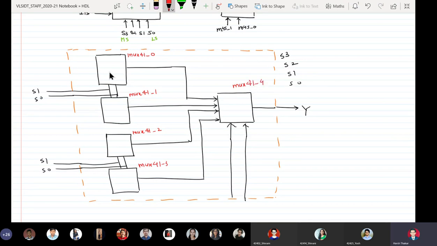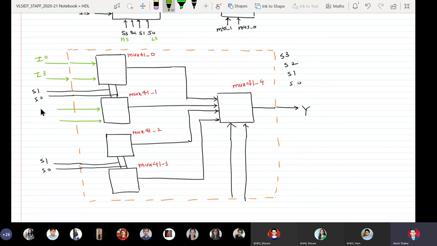Okay, so 5 instance names are there, and then the signals coming from outside will be connected like this. So I0 to I3 will go here.